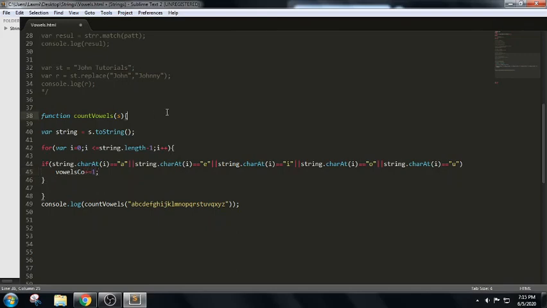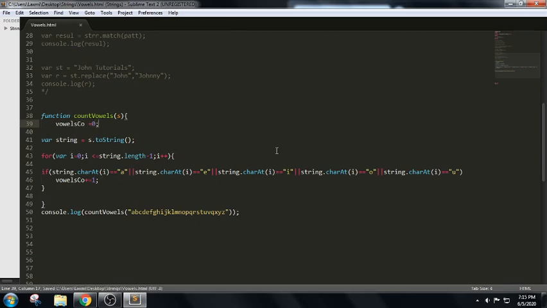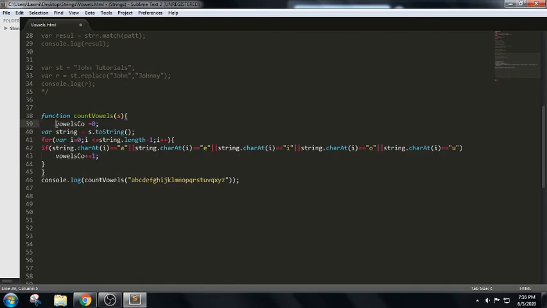So for this variable I will try to initialize with vowels count equals to 0. So here if you can see this snippet, what we are trying to do, we are just trying to make this countVowels a function here. We are trying to pass this argument, and s is a parameter which is trying to convert this in the form of string, and we are trying to iterate each and every character using for loop, that is using this length method.